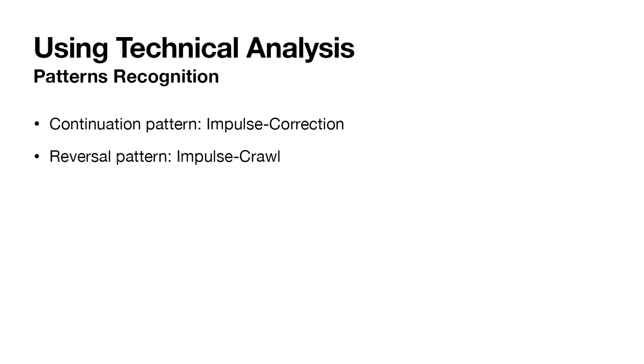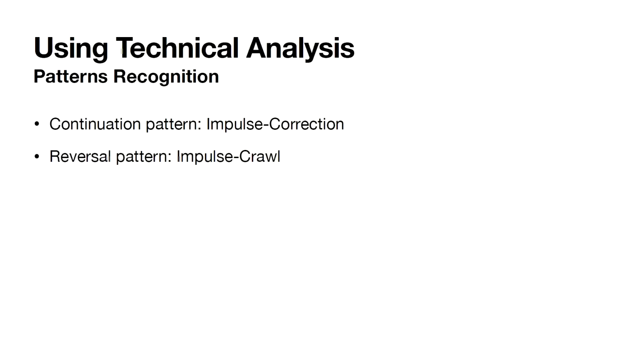We don't want to overcomplicate stuff. We want to make things simpler, but in the process of simplifying, we want to ensure that the essence of trading is still inside it. That's something I want you to take away as well. So I only need two patterns: one is a continuation pattern, one is a reversal pattern.